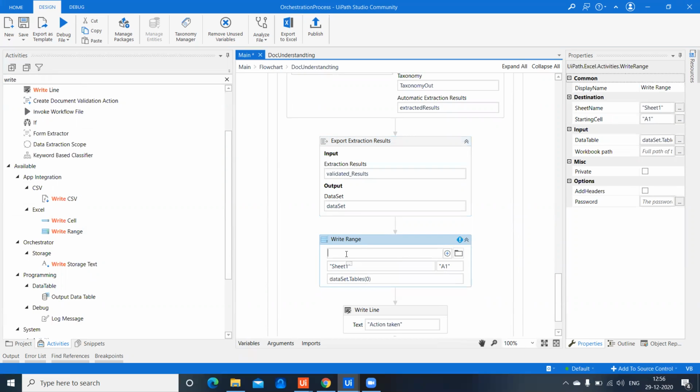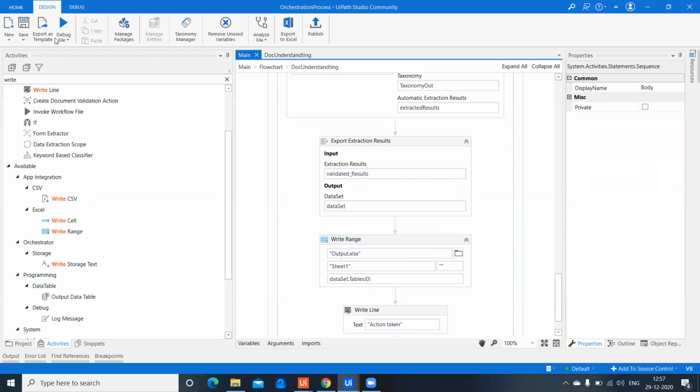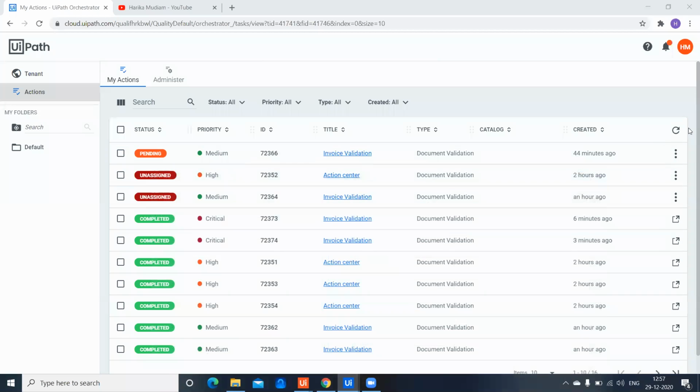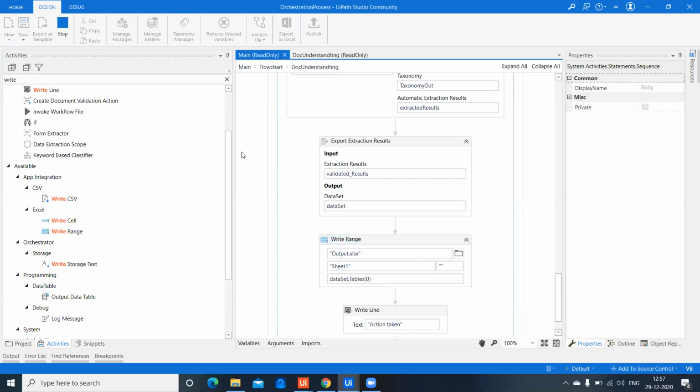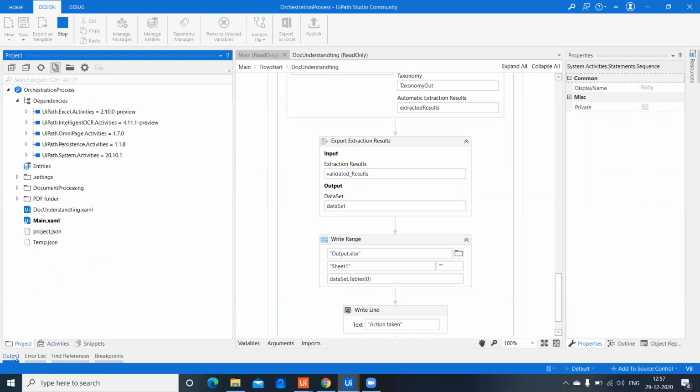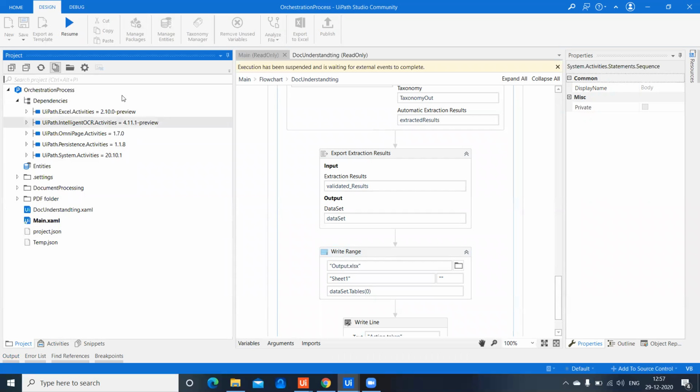As we all know, we will have two things here, formatted and unformatted data. So I'm taking formatted data, output.xlsx, which is the Excel file I wanted this into, and I would add headers and run this. In the next videos, we will see how we can manage this Action Center trigger with respect to confidence levels. If you see, it has pushed a pop-up: execution has been suspended and is waiting for external events to complete. So I'm just going ahead,